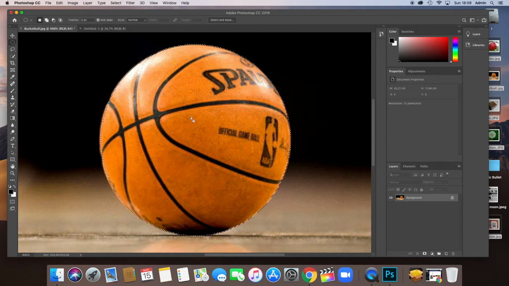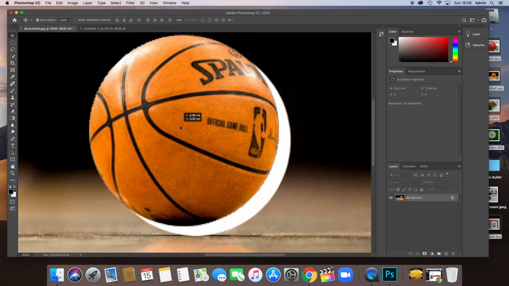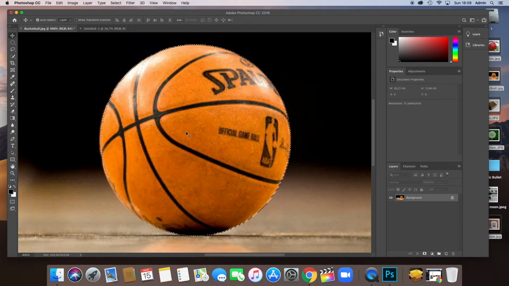Now if I want to cut this basketball out and move it to my untitled, there's a few different ways you can do it. The easiest way is just going to the Move tool, and then it cuts it out. You can see the scissors, it cuts it right out. I'm going to Command Z that once,